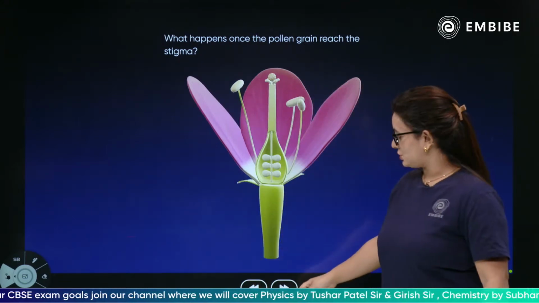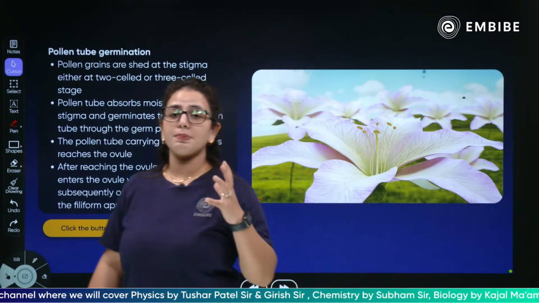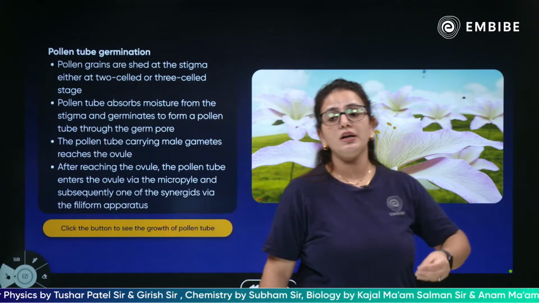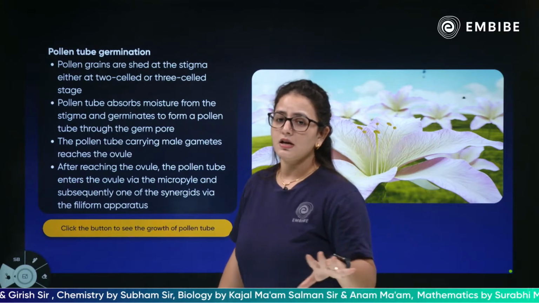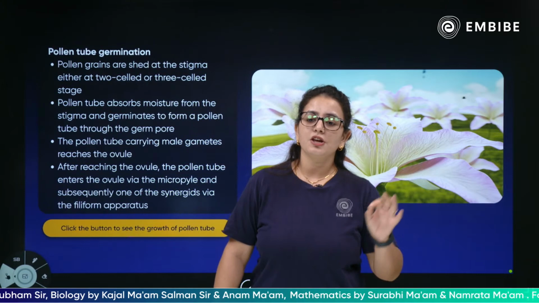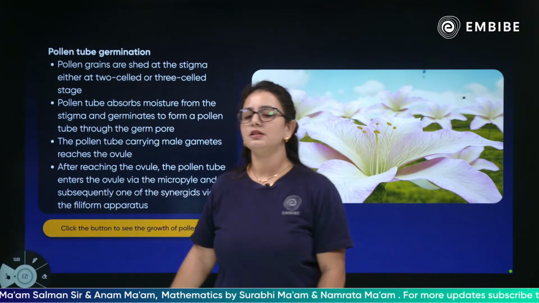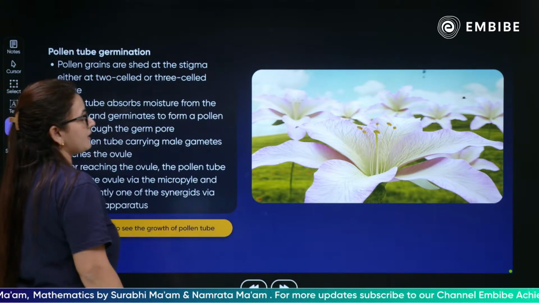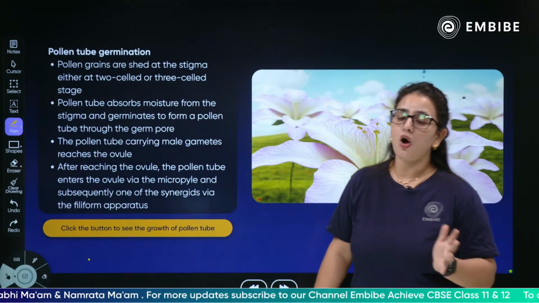It will germinate. If the stigma is compatible with that particular pollen grain, it will lead to the formation of the pollen tube. Otherwise, the stigma will reject the pollen grain. So, let's see, the moment the pollen grain reaches the stigma, what happens if it is compatible? The pollen tube germination will take place as soon as the pollen grain lands on the stigma of the